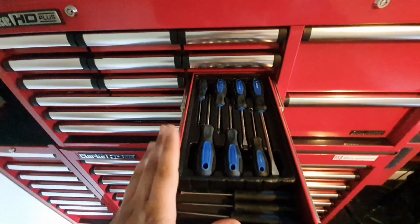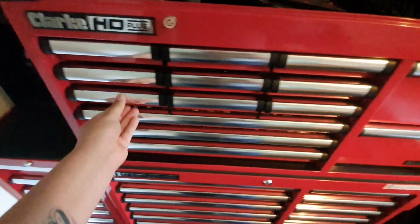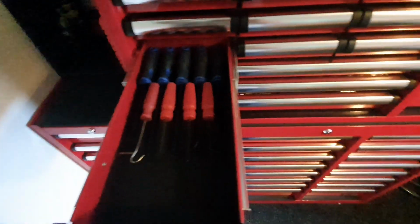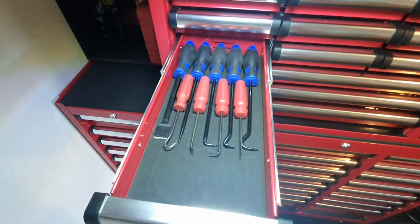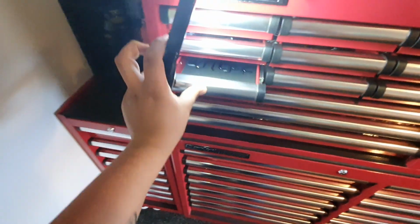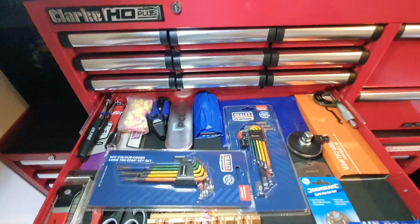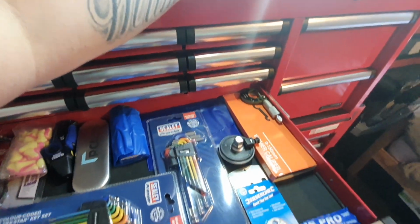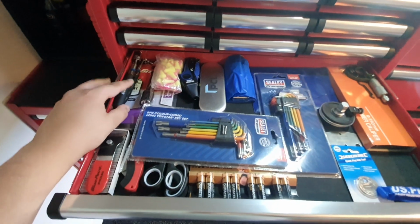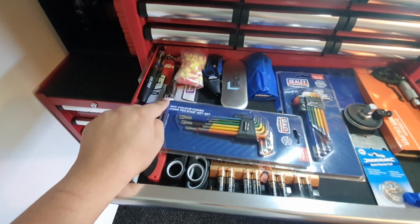Then I've got a cheap set of screwdrivers just to beat on, I don't really care. Empty drawer. Then I've got a US Pro pick set, and a Mac miniature pick set that I picked up off the tool truck. And this drawer is basically a catch-all drawer, so it's got a magnetic pickup tool and mirror. It's got a Snap-on UV light,